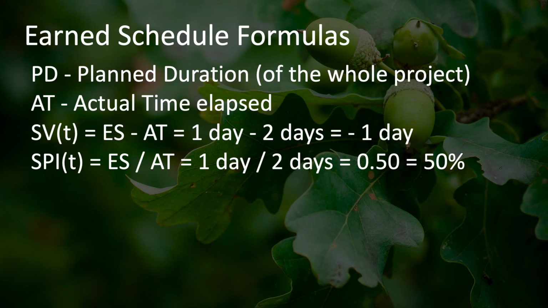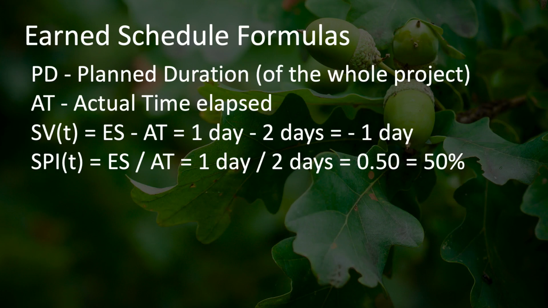So the schedule variance using earned schedule analysis is also measured similarly to the schedule variance of earned value analysis, but measured in time rather than money, and indicated by a T at the end of the variable. In this case, SVT, the schedule variance in terms of earned schedule, is earned schedule minus actual time,